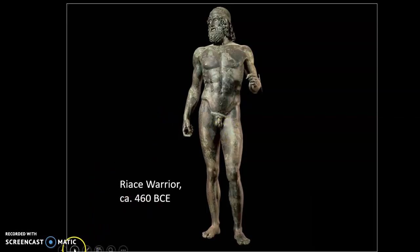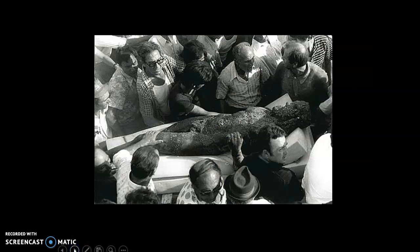So keep in mind that many sculptures, and this one is in such good condition because it was found in the 20th century as part of an ancient shipwreck off the coast of Italy. You can see he looks almost like he's been pulled out, like a swimmer pulled out of water here, but if you look carefully, you can see all kinds of coral crustaceans that have been making the Riace Warrior their